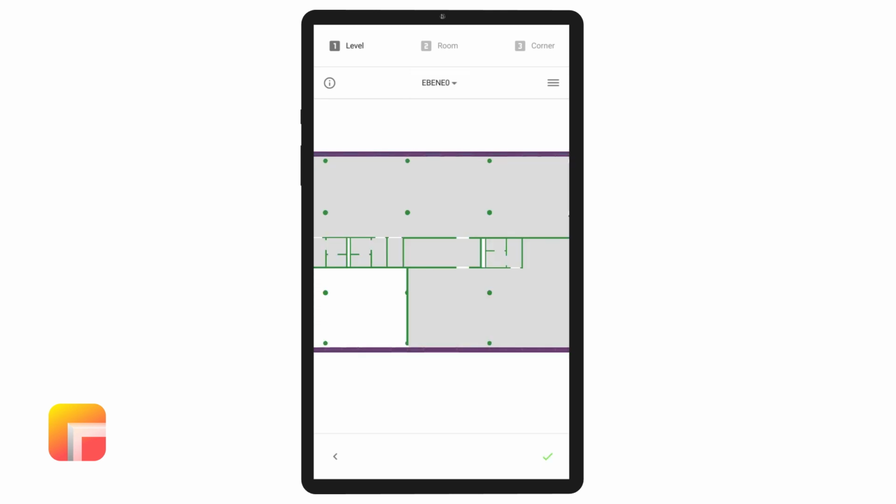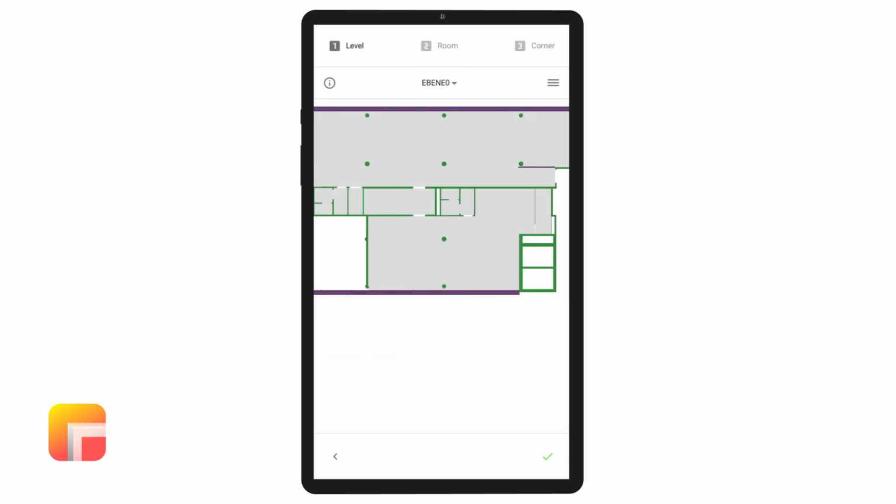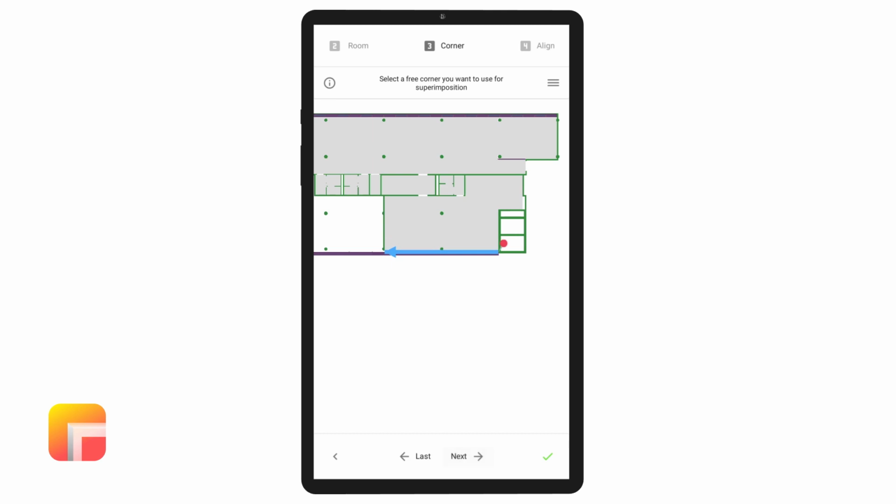First, we select the floor we are currently on. Then, we look for the room we are located in and select one of the wall supports or room geometries. In our case, we are selecting the room geometries. Gamma now suggests edges that we can use to align the model. To choose a different edge, we can simply click the Next or Last button until we have a suitable edge